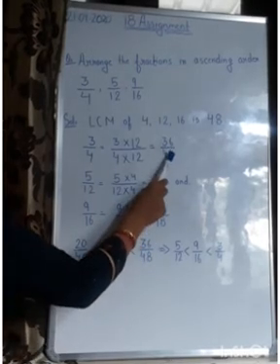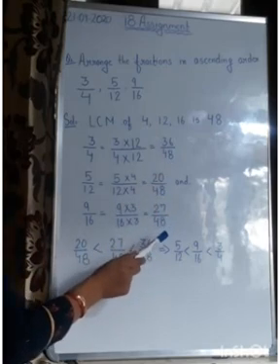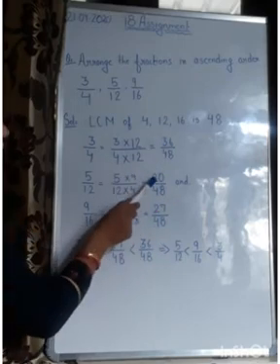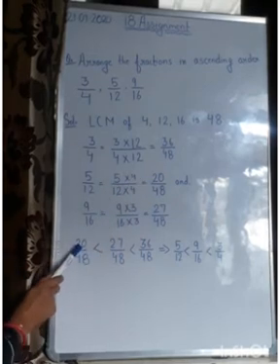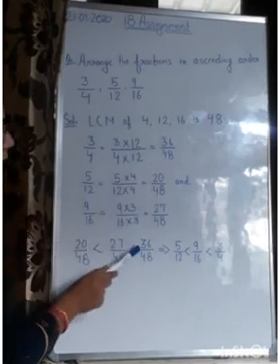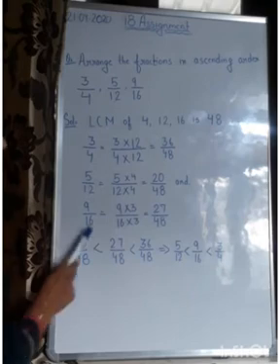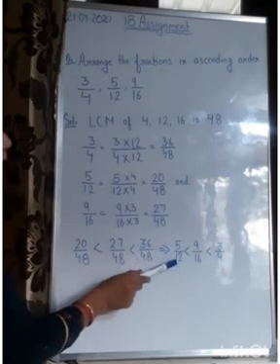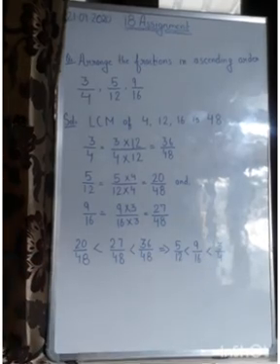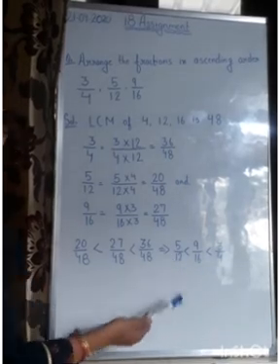Now you can see these three fractions are like fractions. So you have to arrange them in ascending order. It means smaller to bigger. So which is the smaller among them? Which numerator is smaller? 20. So I have written 20 by 48, then 27 by 48, and last one 36 by 48. This 20 by 48 I am getting from 5 by 12. So 5 by 12 is less than 9 by 16 is less than 3 by 4. So this is your ascending order. Similarly, you can arrange them in descending order.